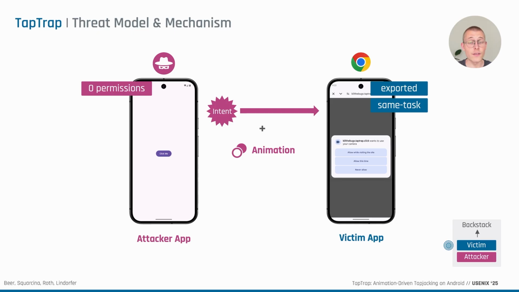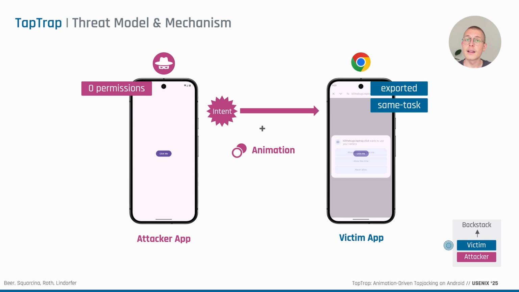And the attacker can, for example, pass in an animation that makes the new victim activity look like this here. In this case, the animation makes the victim activity semi-transparent. I did this on purpose so you can see what is going on behind the scenes. But in a real-world setting, this animation could make the victim activity completely transparent so that only the underlying attacker-controlled activity is visible. The goal of this malicious activity, now similar to a traditional tapjacking attack, is to lure the